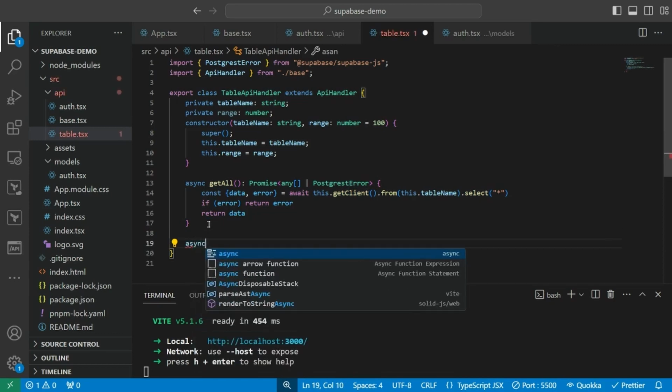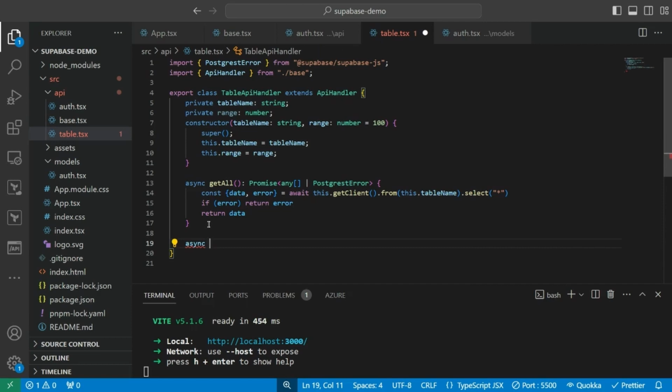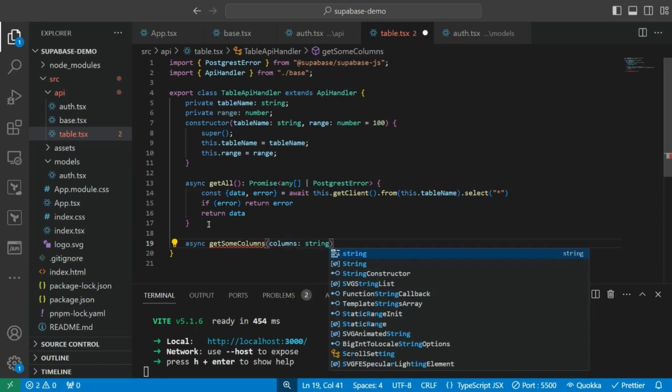And so the next function I would like to query is also something similar to this, but maybe when you want to fetch some columns. So I can define another function. I can call this get some columns. I don't know, something like this. I'm actually running out of names. So here I would define the columns as a string,